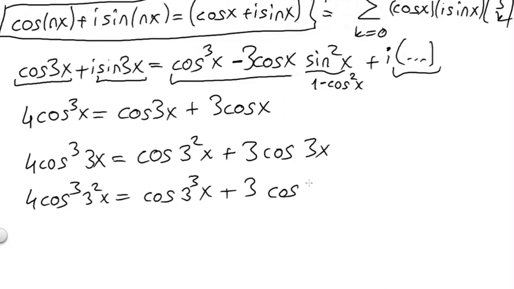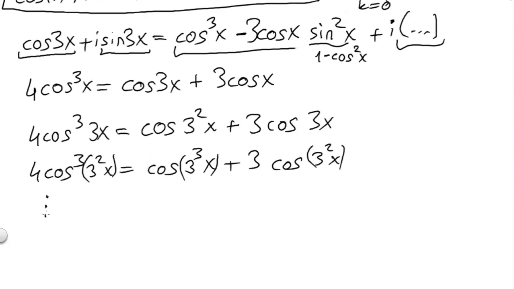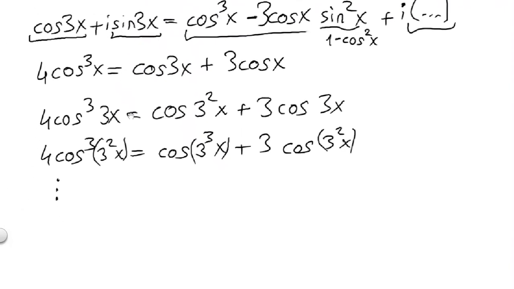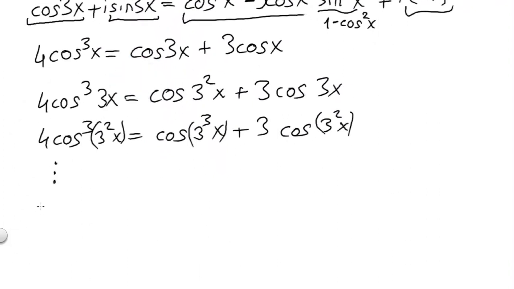3 cosine 9x. Okay, cool. So all of these ones have parentheses, but I'm not putting them. If I keep doing this, to calculate this, I can just do it up to k, then add the k terms and call it sk, and then I can take the limit as k goes to infinity. So I can just generalize it for k, cosine cube 3 to the k